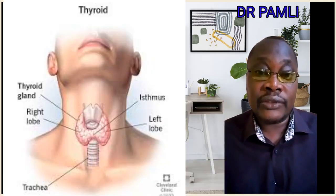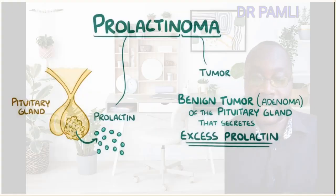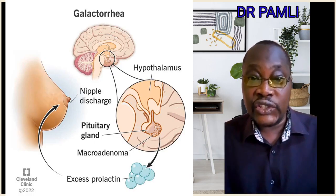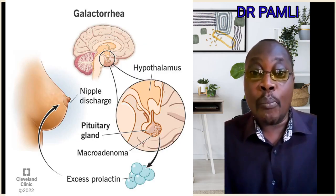When we check your thyroid functions, there's a condition we call hypothyroidism, where there's reduced thyroxine levels. Pituitary gland tumors such as adenomas, or what we call prolactinoma, due to increased prolactin levels, can bring what we call milky discharge. This can result in your breast discharging milk. Fibrocystic breast disease can bring breast discharge, and lastly, we have breast cancer, which people normally fear, and this is very, very rare, but if it occurs, it's a clear discharge